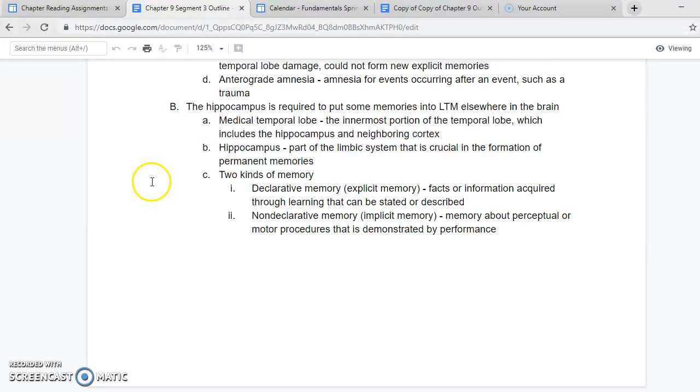Declarative memory is facts or information acquired through learning that can be stated or described, and non-declarative memory is a memory about perceptual or motor procedures that is demonstrated by performance. So to put the distinction between the two types of memory, declarative memory deals with what, and non-declarative memory deals with